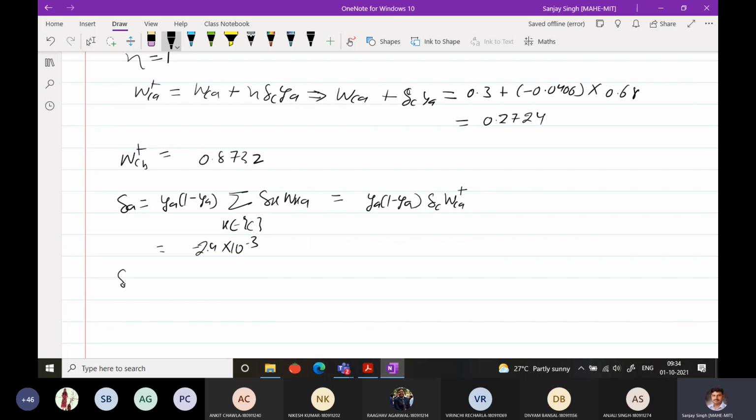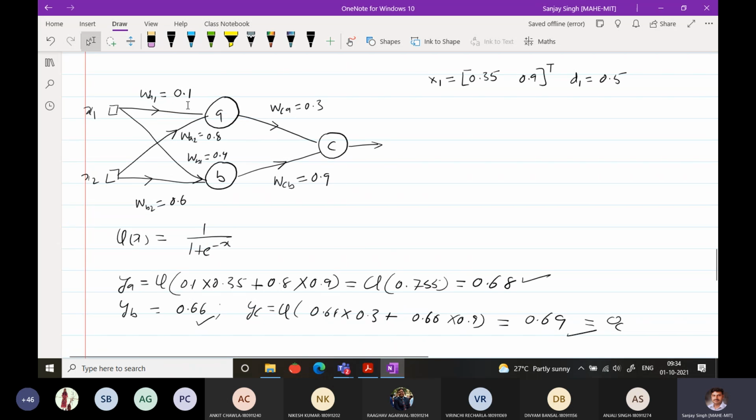Similarly, we have to find the value of delta B, because there are two neurons in this layer. Delta B, which I already calculated, you can verify later, is minus 7.95 into 10 to the power minus 3. Now, with this value, you have to find WA1 plus, which is WA1 plus delta WA1, which comes out to be